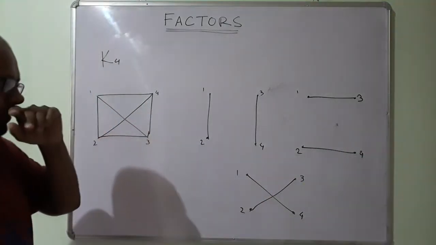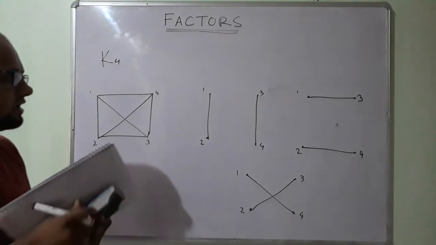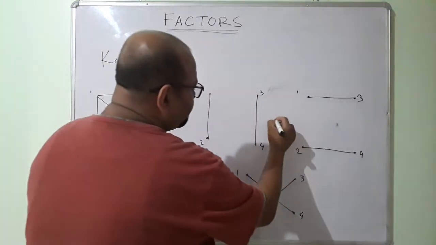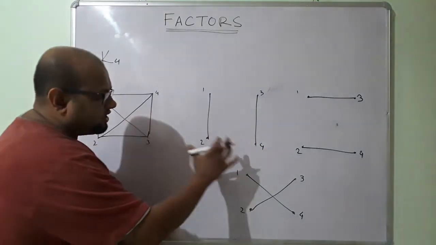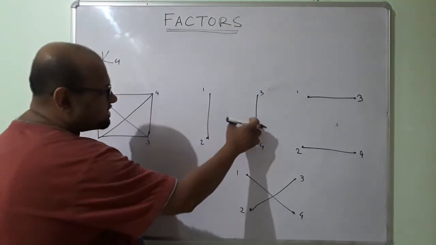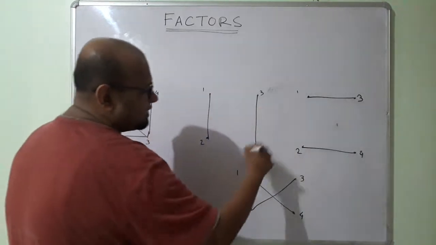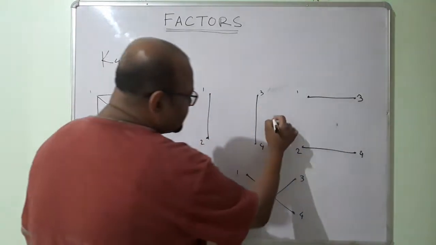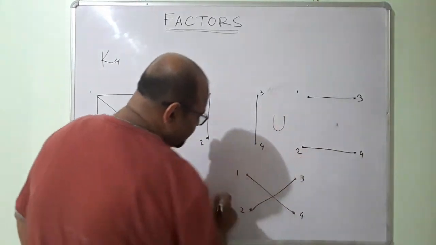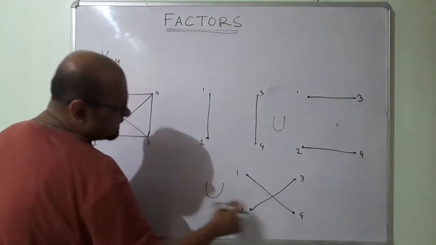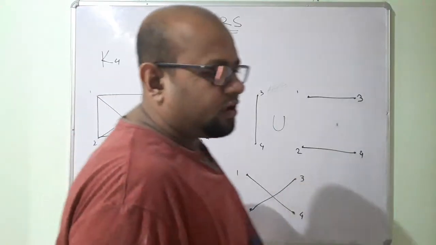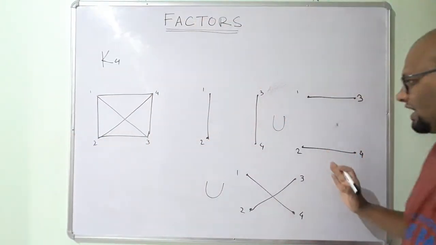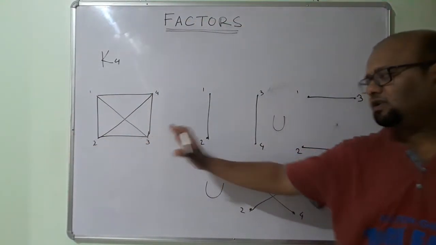So now look at one thing. What will happen if I union this subgraph? This of course is an S set, this we are defining as an S set. This H plus this H, so this is an S set. If I union this S set with this S set and union with this S set, so this one factor union this one factor union this one factor, what will I get? Will I get back my original graph?